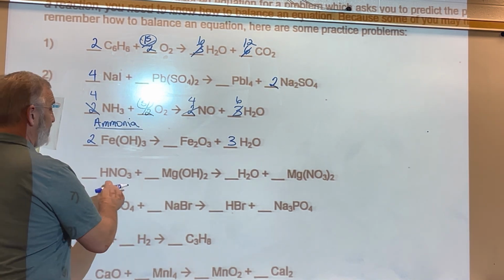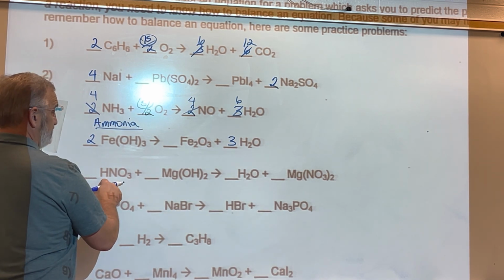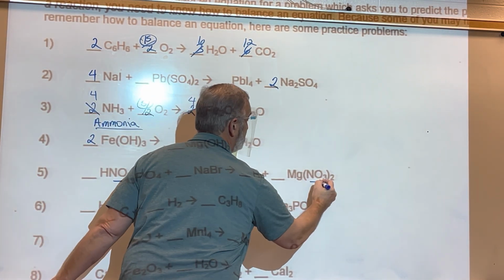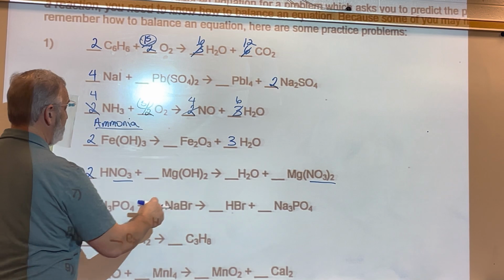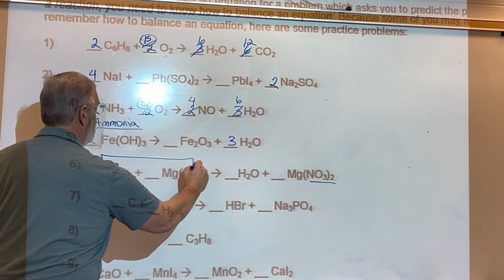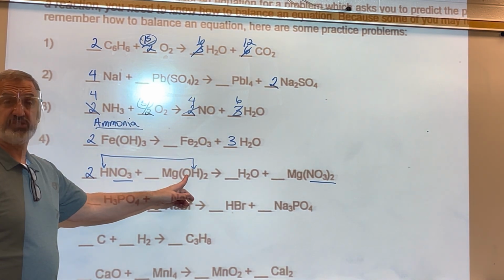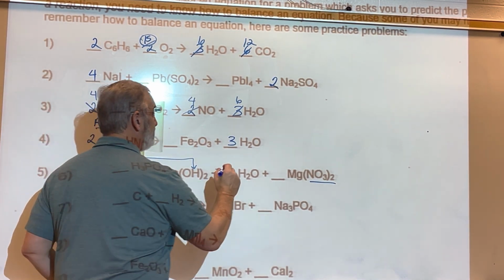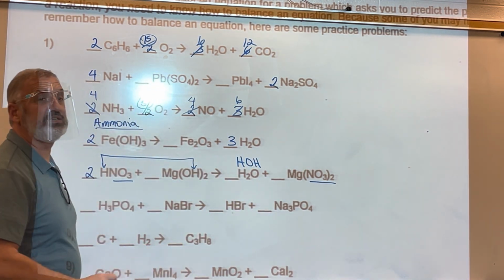The last one: here, we have 1 hydrogen and a hydroxide, so let's just do the nitrates. I have 2, so I'm going to put a 2 here. You've got 1 magnesium, 1 magnesium. Now, what you have to realize is that the H is combining with the OH to make a water. Sometimes I like to write water as HOH because it makes it easier to keep track